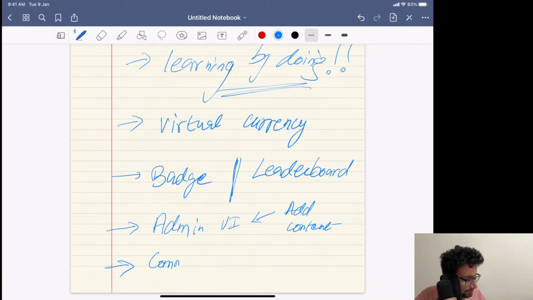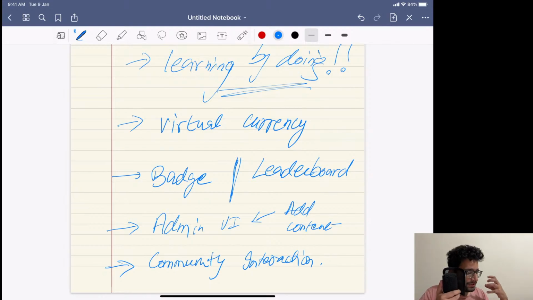basically community interaction. What does that mean? That's a difficult thing to implement, but very important. So this whole platform should not feel isolated. What happens in most of the platforms is that they work in isolation. Okay, when you go to a platform, you don't even know how many people are learning the same thing right now, who they are, what they are going through, and all those things, right? So